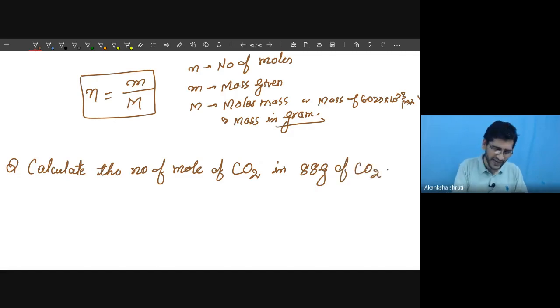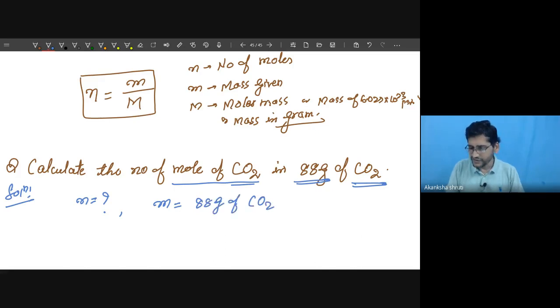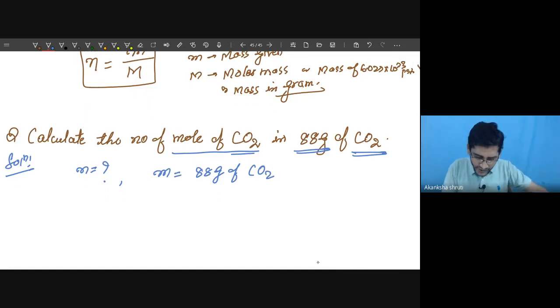Here we need to calculate the moles of CO2 itself, the molecule. Here the given one is the molecule. So student, what do we need to calculate? We need to calculate the number n. Here what is given? Mass is given. The mass of the given particle is 88 gram of CO2. Now we need to calculate the M. M is our molecular